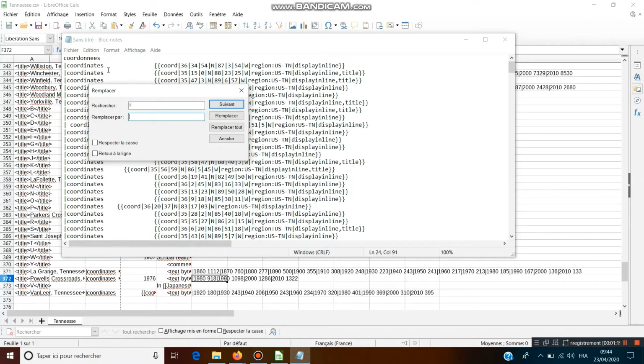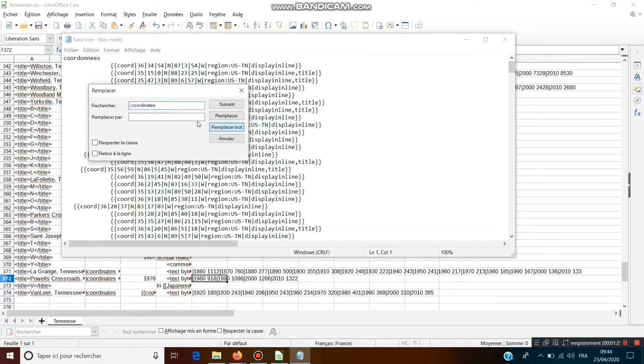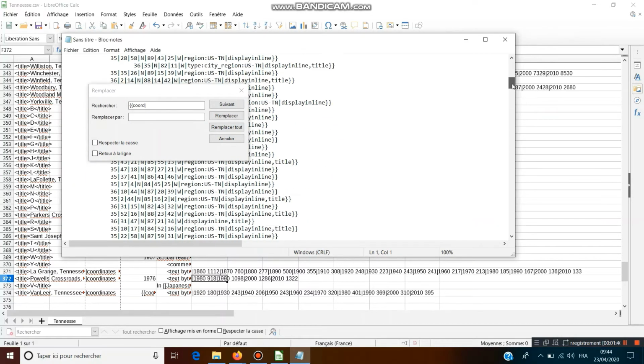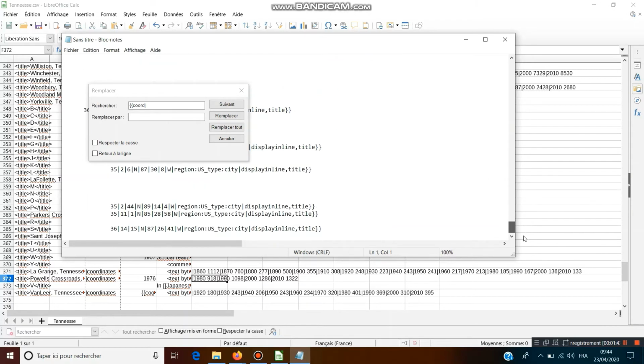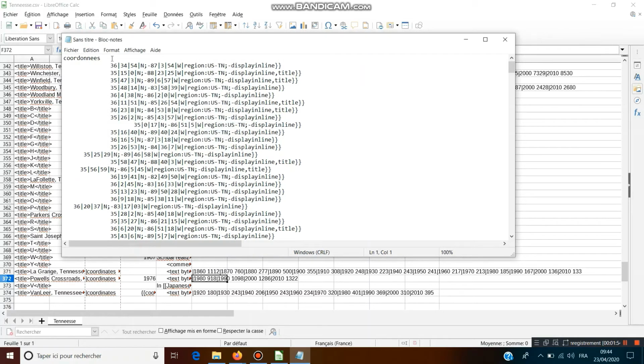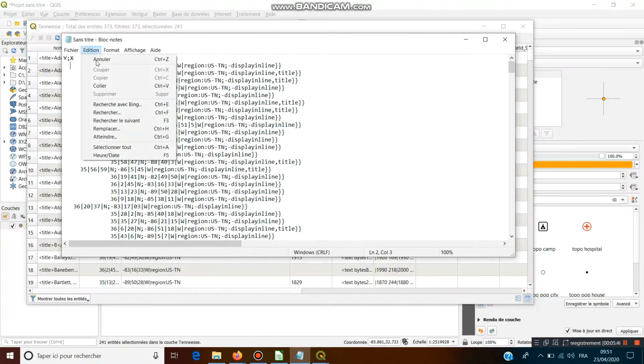Now we'll replace all this information. Like that, we have a column for the longitude and one column for the latitude, and we remove this line.